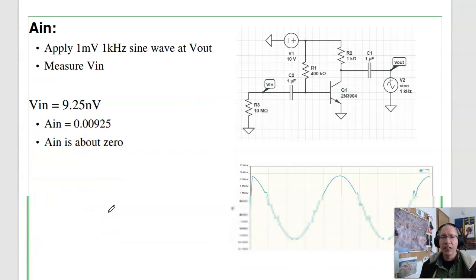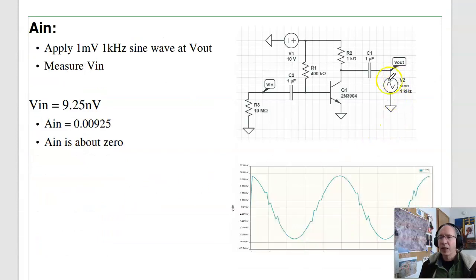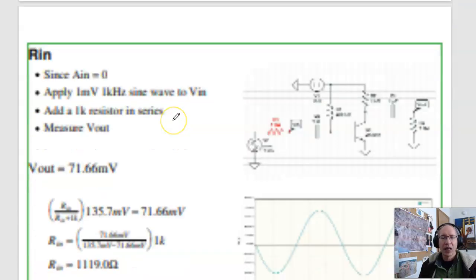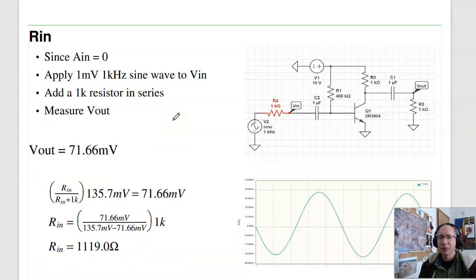Define AN. Apply 1 volt at the output, measure the voltage at the input, making this large, like 10 meg, and what I get is the input voltage is 9 nanovolts. So 1 millivolt produces 9 nanovolts. The gain is 0.009, basically 0. And the input impedance, again, since AI equals 0,